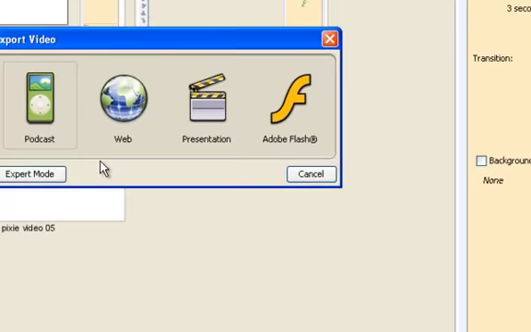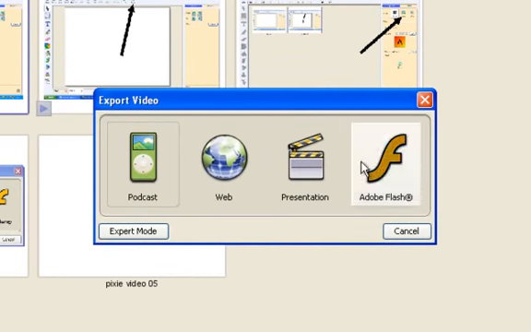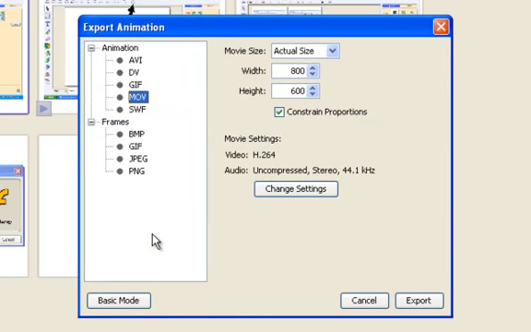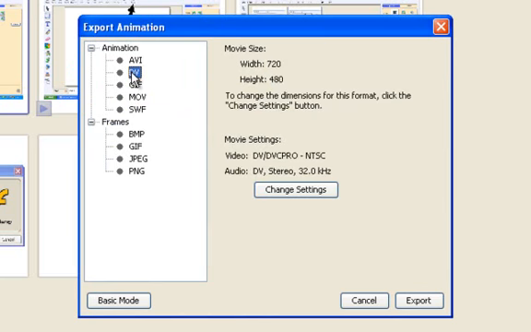This will open up this export video window, and what I want to do is go to expert mode. The reason why I want to do this is I want to set this to DV, digital video. Now this particular format will allow us to put it through the video converter and then put it in a format that will allow you to edit it in a video editor, whether it be MovieMaker or Adobe Premiere Elements. So I've selected DV, go ahead and click Export,